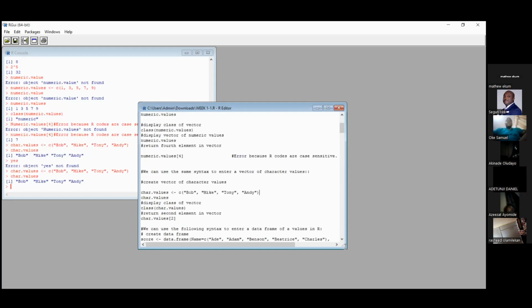But the only difference is that if the arrow is facing the other side, for example, if the arrow is facing this way, then that means that we are assigning what you have on the left-hand side to the right-hand side. So let's leave it the way